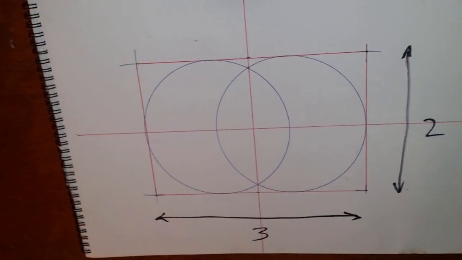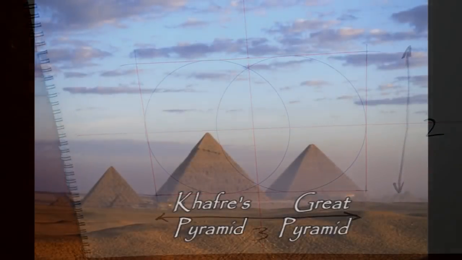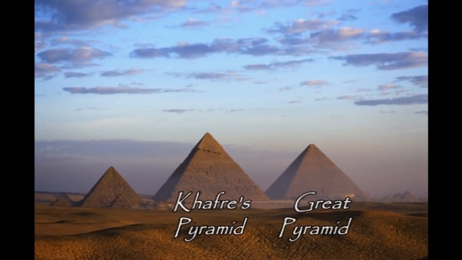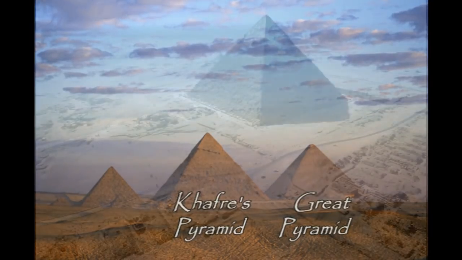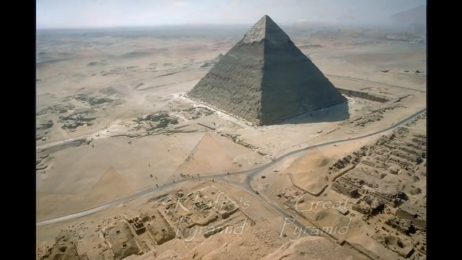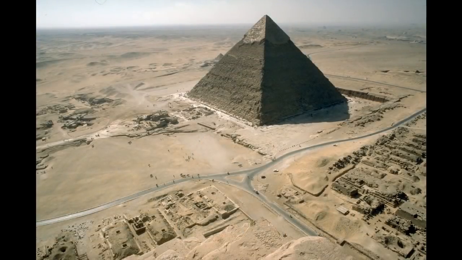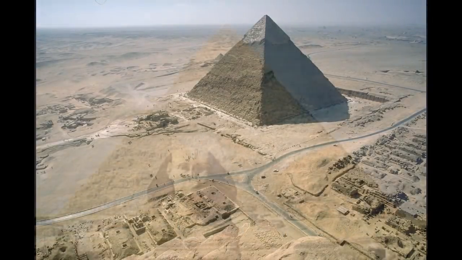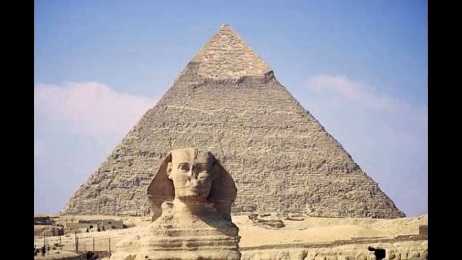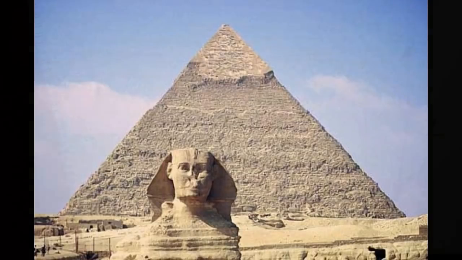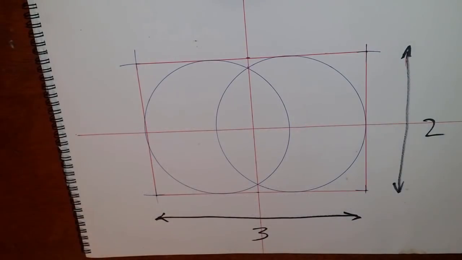This all important 2 to 3 ratio can also be used to connect Khafre's pyramid and the Great Pyramid. They stand together. Khafre's pyramid, that one there in the middle, still has the casing stones there at the top. All too often I see this described as the Great Pyramid because it appears to be taller, and well, because the casing stones are still there for whatever reason, but that's Khafre's pyramid, not the Great Pyramid. But music theory, very important. But the key part is